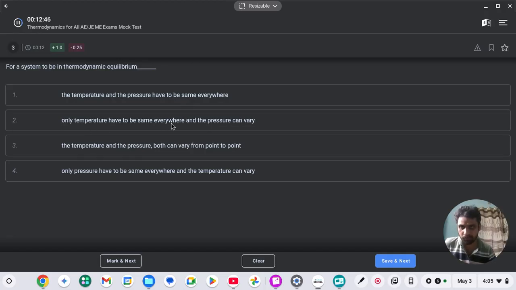Only temperature has to be the same everywhere and the pressure can vary. The temperature and the pressure both can vary from point to point. Only pressure has to be the same everywhere and the temperature can vary. So for a system to be in thermodynamic equilibrium,